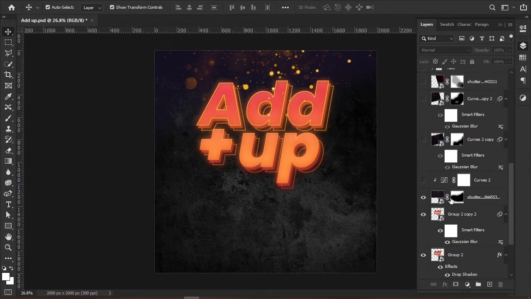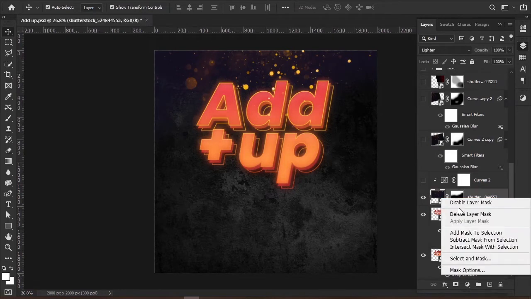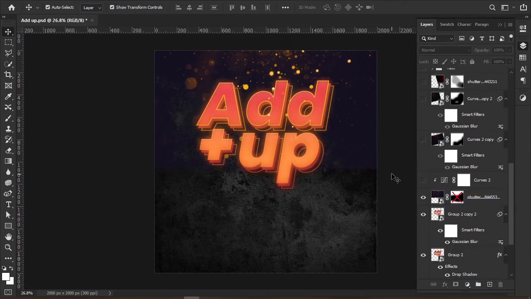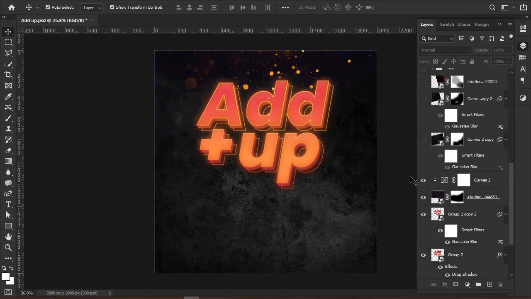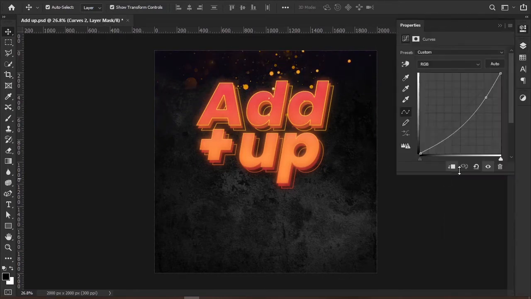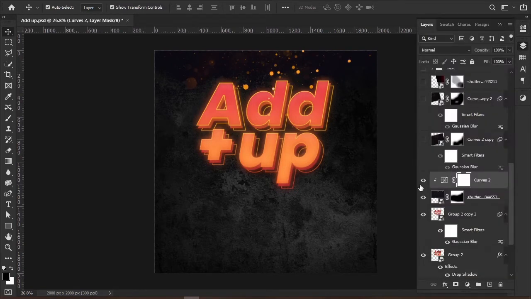But when I brought it in, it was all because of the blue color, and it was just messing with everything, and the edge was sharp. It wasn't really working for me. So I added a layer mask, brushed this side off, and then added a curves adjustment, and I brought down the highlights to see how it's working. Yeah, it was good. So I said, okay, I'll keep it,